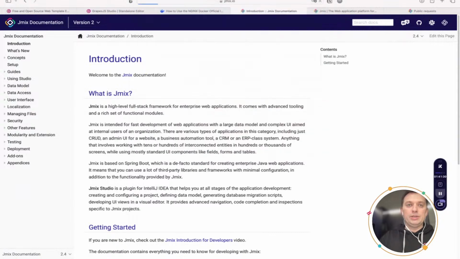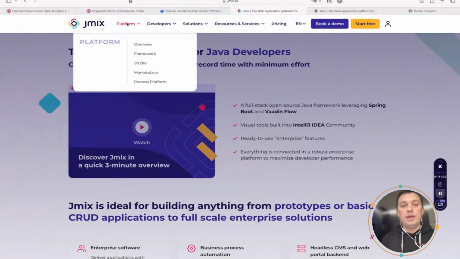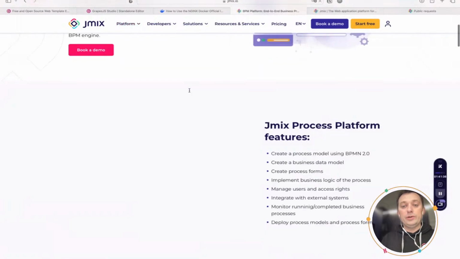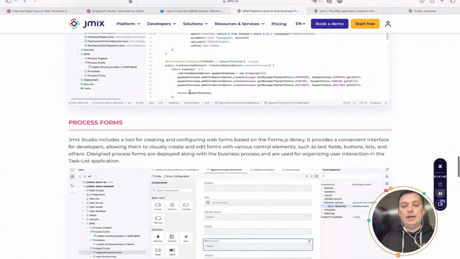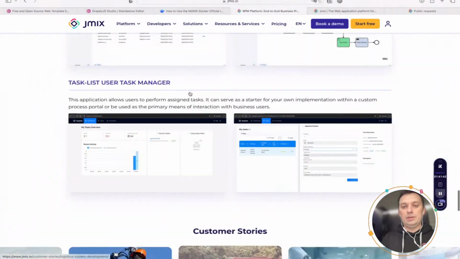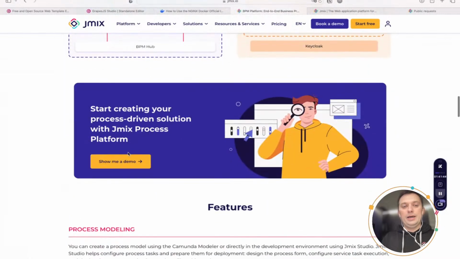But now you can access the Jmix.io website, go to the platform folder and check the process platform subfolder, and get some information about this wonderful product. In the middle, you have a button called Show Me a Demo, and you can send us a request if you want to get a look at this next generation process-driven